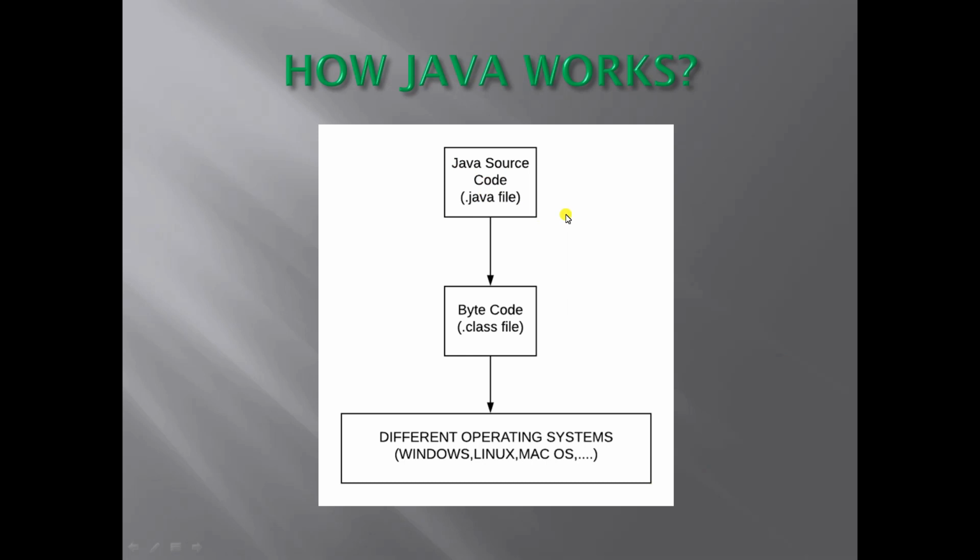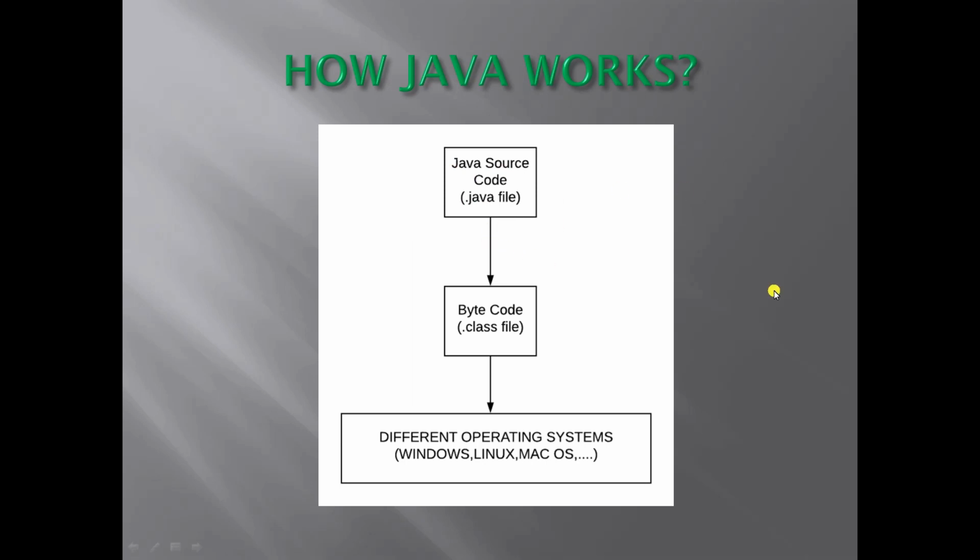So when we write a program in Java, we need to save that program with the .java file extension. Only then does the system, or the compiler, know that the file is a .java file, so the Java compiler can compile it. For that sake, we need to save the Java code with the .java extension.